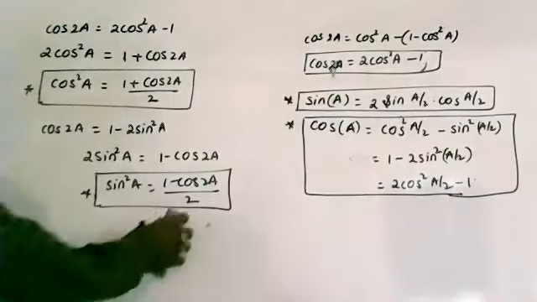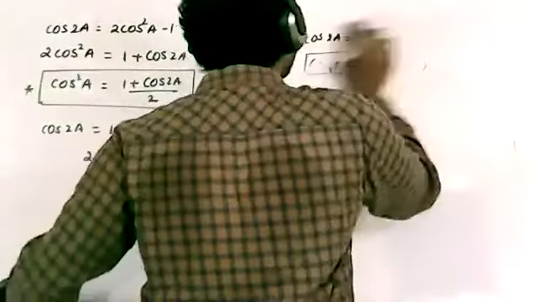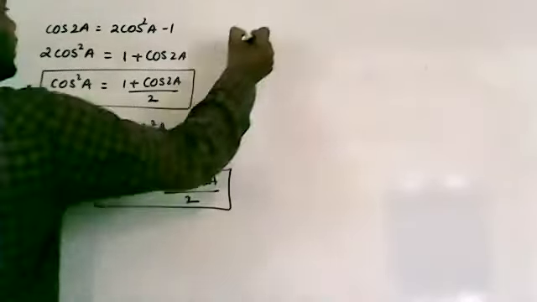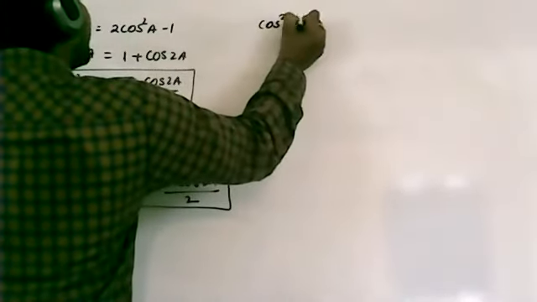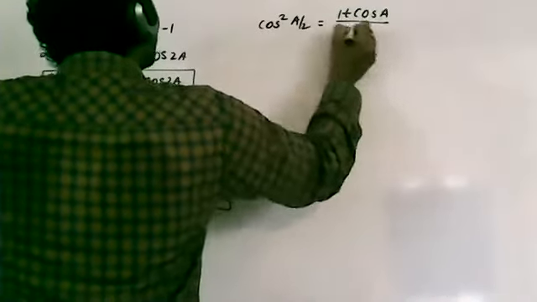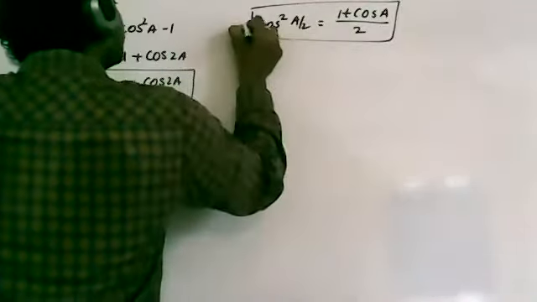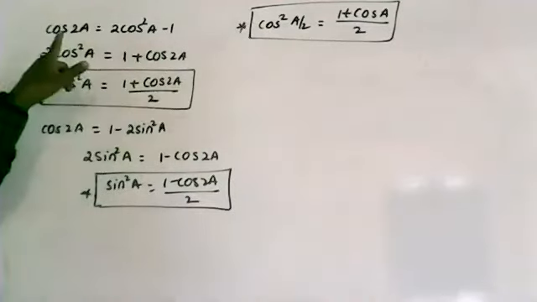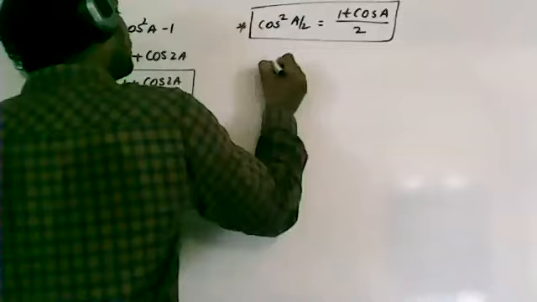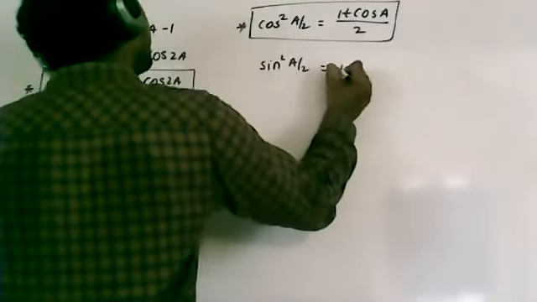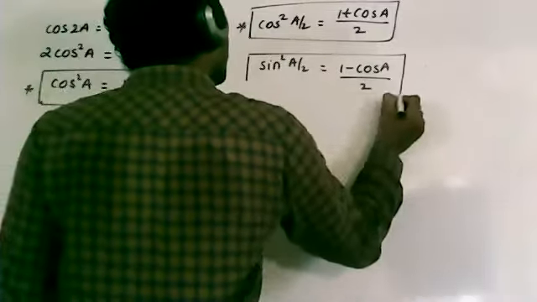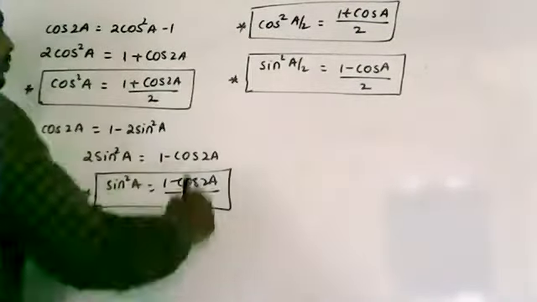Now similarly, if I take for example only a, clear, if I take this as only a, instead of cos 2a I will take it as only a, then we have cos square a by 2 is equal to 1 plus cos a by 2. So this is another relation. So in the place of a, 2a I consider as a, then this will become a by 2. Now similarly, sin square a by 2, clear, sin square a by 2 is equal to 1 minus cos a by 2. This relation is also one we are using a lot of times in physics.